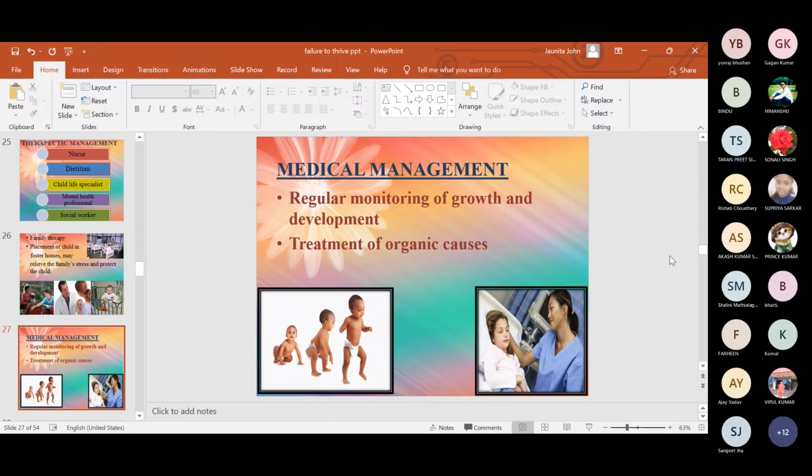Medical management is all about regulation of monitoring of growth and development and treatment of organic cases or causes. जिनको भी कोई medical cause है, first we will be rectifying that, उसको correct करना है. Then we will be seeing about the normal growth and development of the particular baby. Growth we will be measuring by seeing the head, chest और सारी circumferences measure कर के. Development you will be checking by seeing how the infant or child was reacting earlier to a particular situation, and now how he or she is reacting. So development में you can check that way.